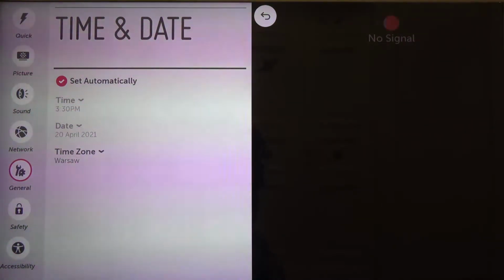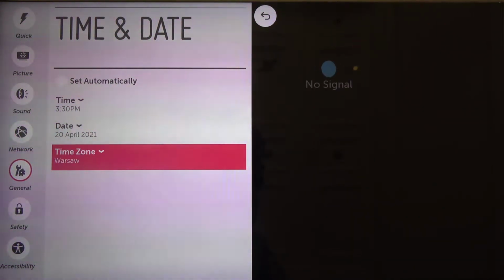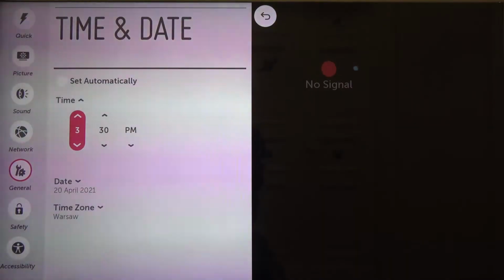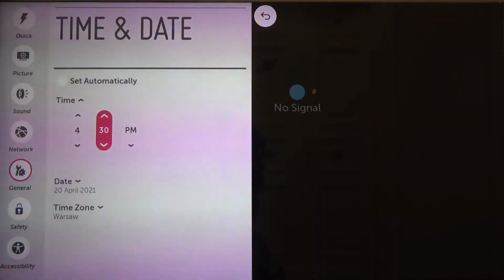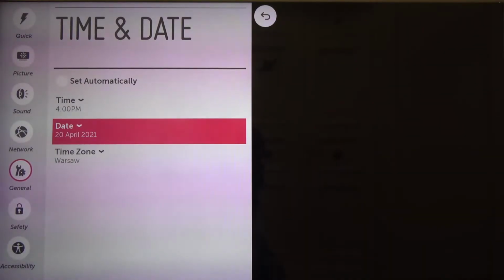As you can see, you can set it automatically. When you want to unselect, you have to tap on the OK on your remote control, and here we can manually change time. Let's pick it on the 4 p.m. Click OK to confirm, and then if you want to change the date, you have to scroll down with arrow